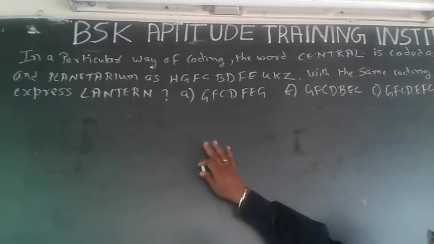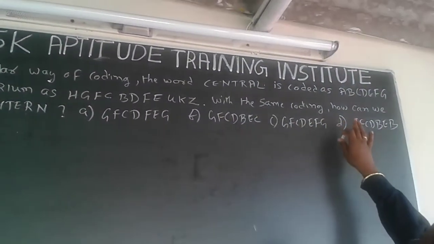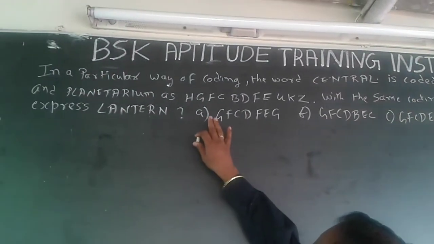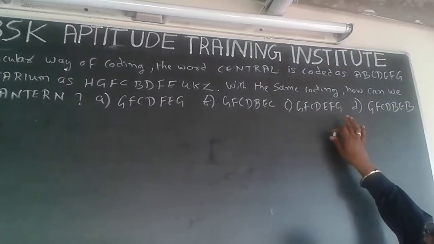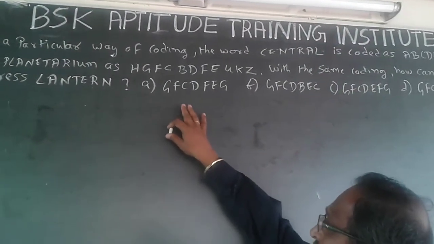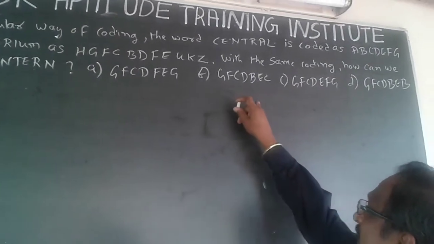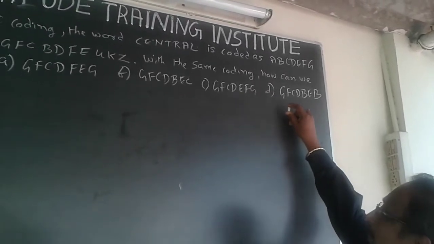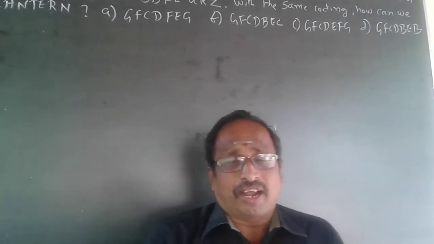The question I am going to handle now is, in a particular way of coding, the word central is coded as ABCDEFG and planetarium as HGFCBDFEUKZ. With the same coding, how can we express lantern? The options are A. GFCDFEG, B. GFCDBEC, C. GFCDEFG and D. GFCDBEB. See, these are all known as coding and decoding problems, and each question will have to